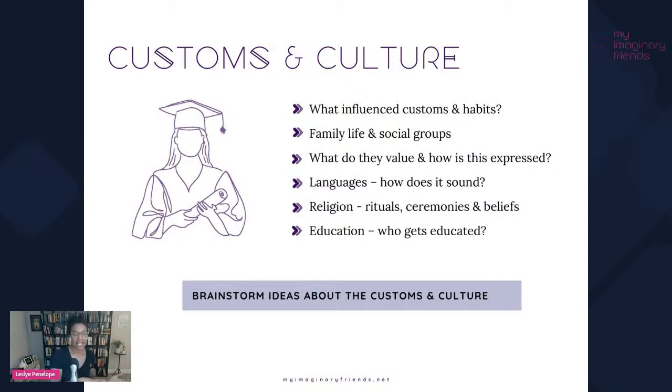The stories that I like to tell are about crossing divides and ultimately finding ways for people to come together. So asking, with each of these individual groups that I'm going to create, whether it's a supernatural race of beings or a town, what are the customs and habits? What are the social mores? How do families work in these groups and social groups? What do they value? What do they think is important? That goes into so much about the writing and about the world that you're building.